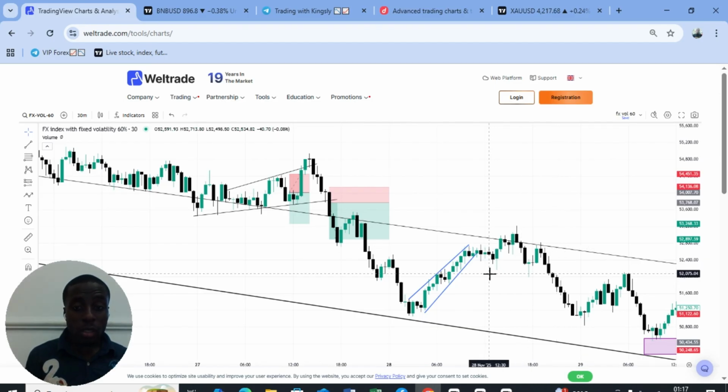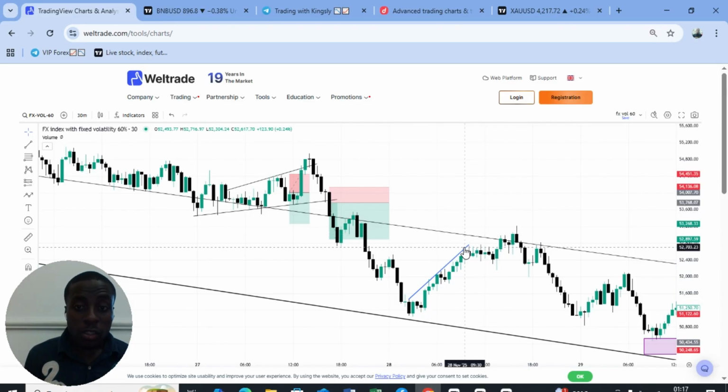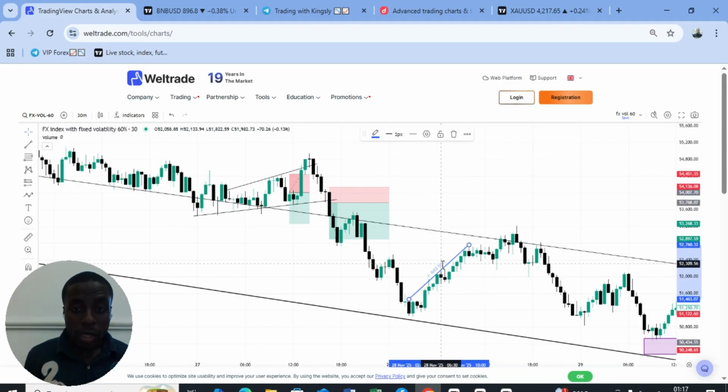What we want to do now is we simply wait. We don't want to just wait for price to pull back here and we sell. No, we want to wait for a confirmation that that trend line level is going to be respected. So what do we do? We wait for price to pull back. When price pulls back now,